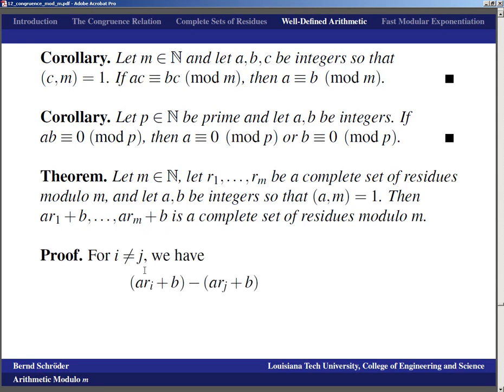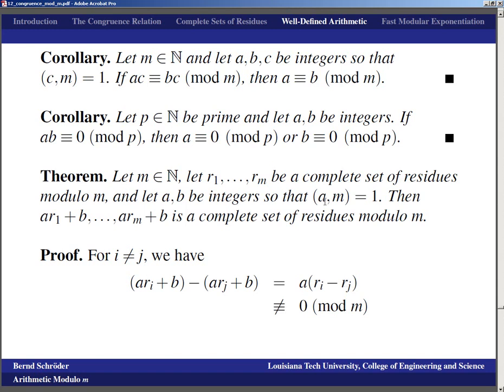Well, for i not equal to j, we have ari plus b minus arj plus b is just a times ri minus rj, and realize that because the gcd of a and m equals 1, we can cancel the a, right? So that is not equal to 0 modulo m, because ri minus rj is not equal to 0 modulo m,